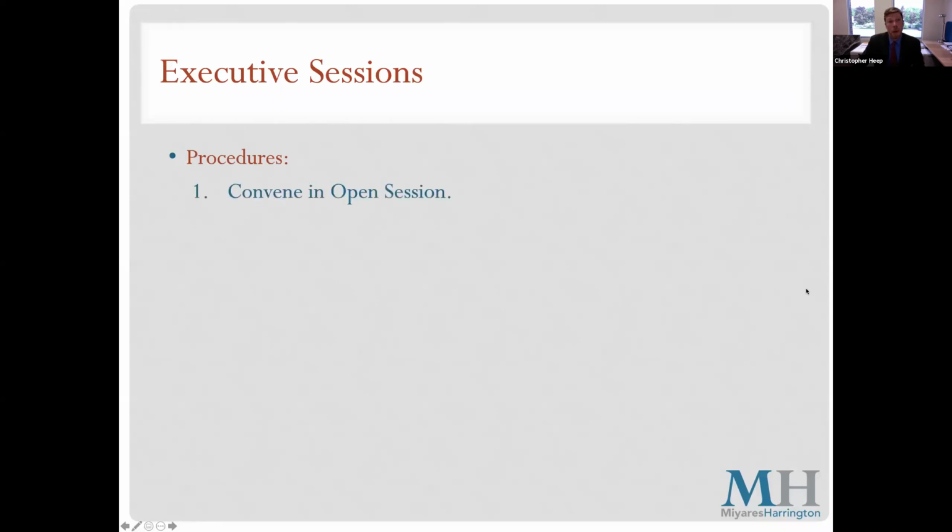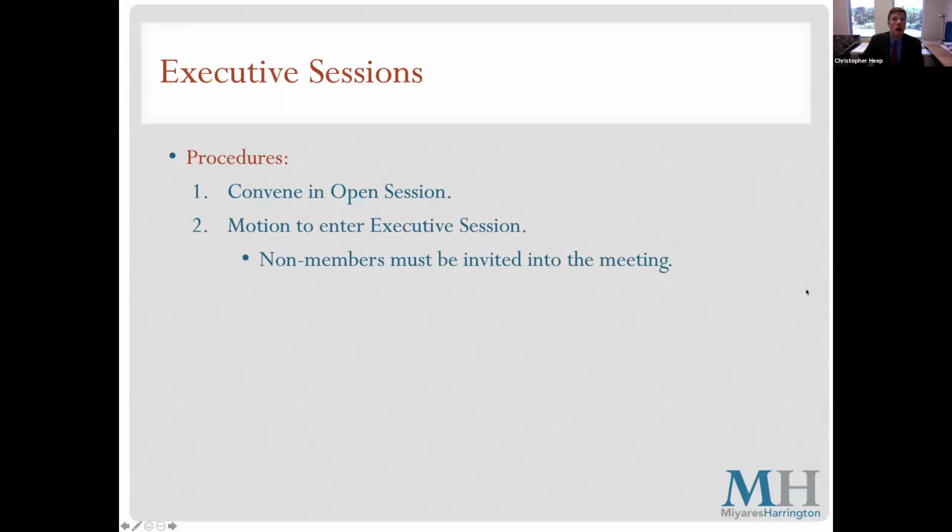The procedures for going into executive session are the board must convene in an open session. There must be a motion to go into executive session, identifying where non-members are invited into the meeting. The chair makes a declaration in some cases that certain conditions exist.